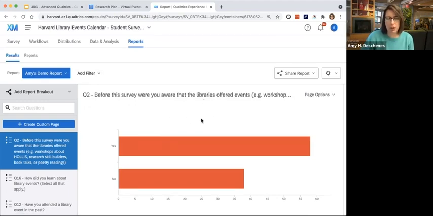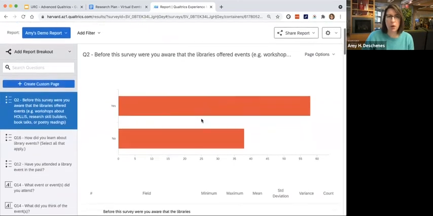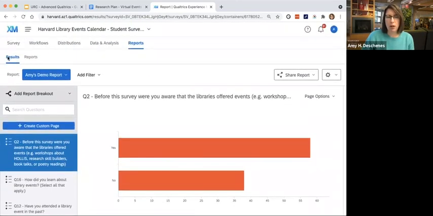All right, so this was the first time going in. This is what's auto-generated for you by Qualtrics, question by question. So there's this results tab here. And then if you have needs that this results tab doesn't give you, like if you want to do different things with layout, there is a reports option that gives you even more freedom in how you design things. I generally stick to the results tab because I just think it's easier, and I'm not looking to do anything too fancy with the data usually.